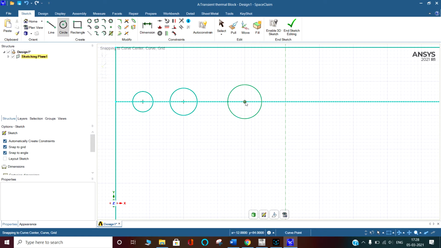Now again you have to press Shift bar to get the dimensions. Escape, Shift bar to get the dimensions. So this time this is showing the dimensions from here, but I want the dimensions from the center to center distance. So sometimes we have to see why it is going to show like that.